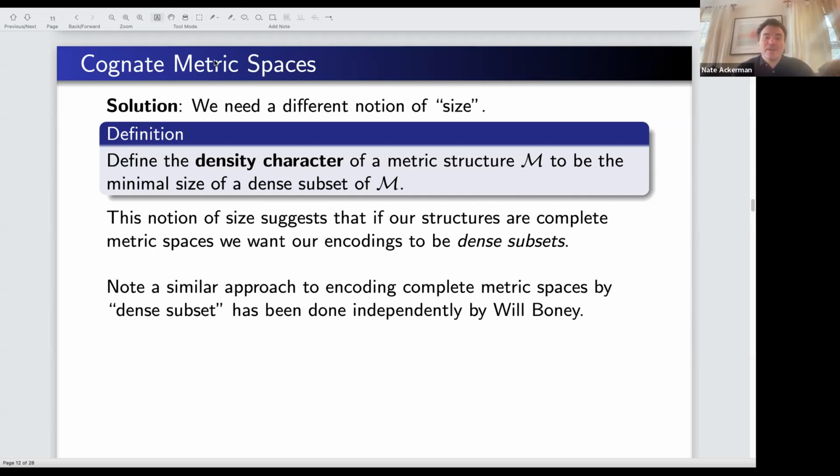Now, I should mention that independently of this work, Will Boney has also studied encodings of continuous logic via metric structures. His notion is slightly different than mine for technical reasons I can get to afterwards if people are curious. But he was also interested in AECs and other related things, which I'm not focused on in this talk. Okay, so,